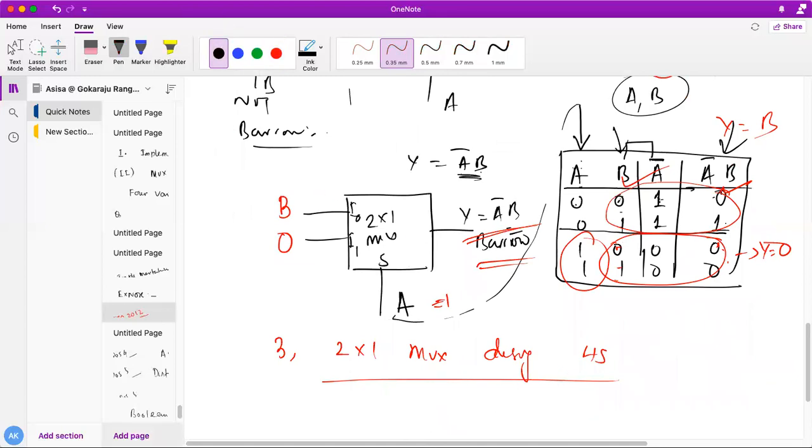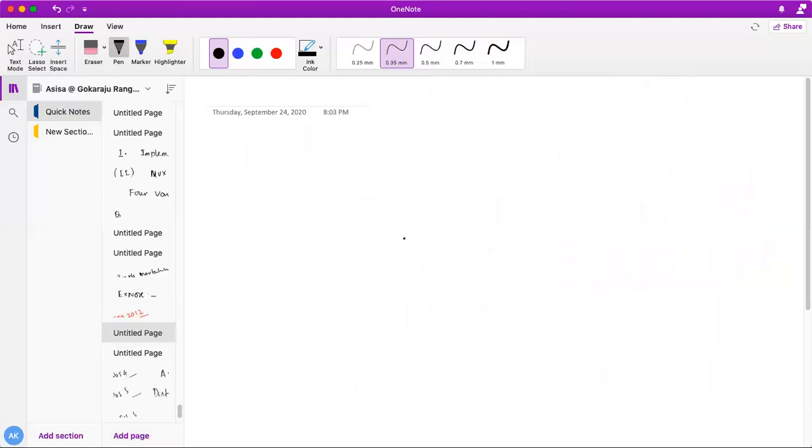Next we will discuss a little higher order mux, which is how to design an AND gate, OR gate and all using a 4x1 mux. I am going to tell just in brief. So using a 4x1 mux, how to design an AND gate. Okay, so what is an AND gate? As we know, my AND gate is nothing else but Y, which is A and B.